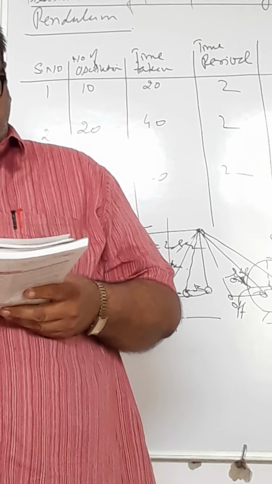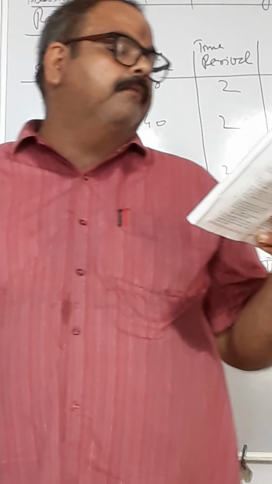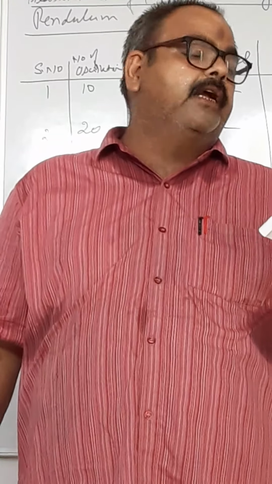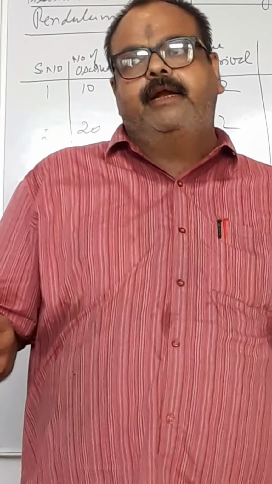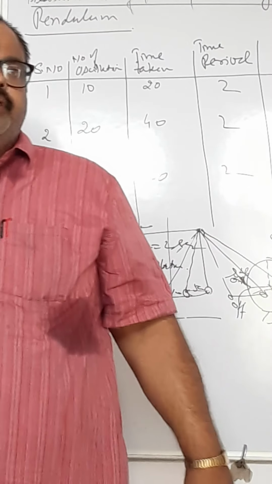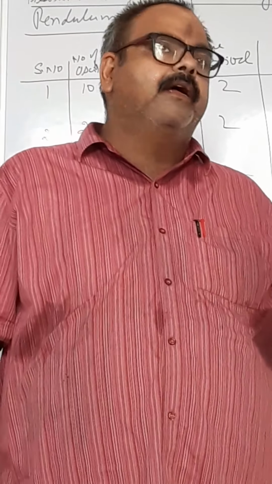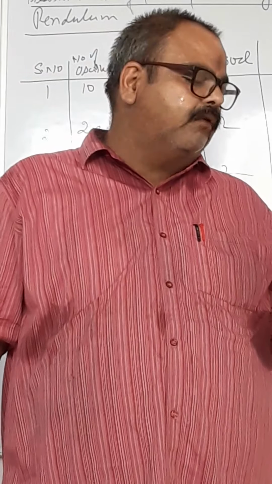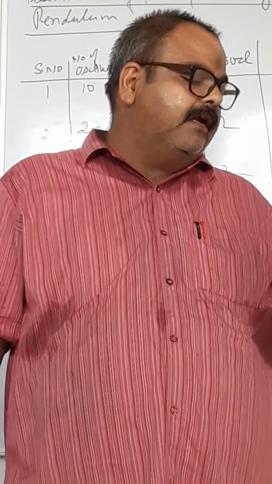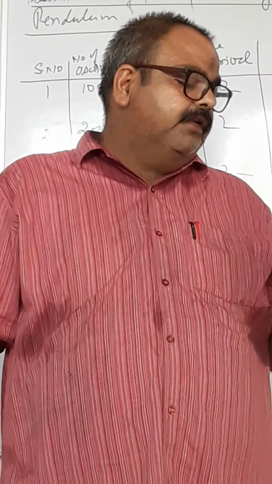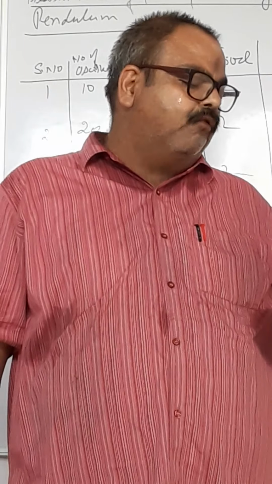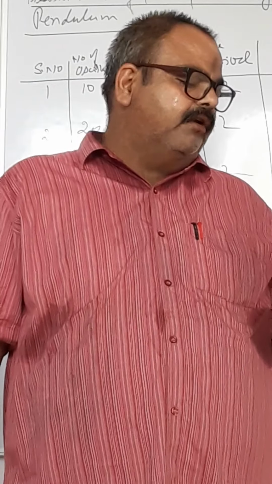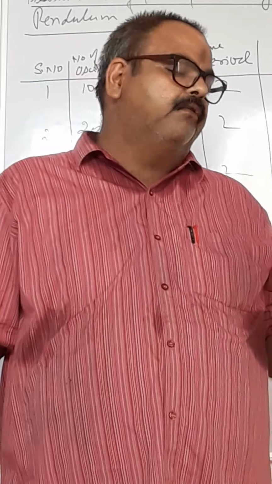Like the first example they have given: calculate the length of second pendulum at a place where g is equal to 9.8 meter per second square. Time period T is equal to 2 pi under root L upon g. L will be 1 meter. Value of g 9.8. We will calculate the time period. Simple calculation. Clear? Compare the time period of simple pendulum at places where g is 9.8 meter per second square and 3.46 meter per second square respectively. Two g's are given, so we have to calculate T1 upon T2.